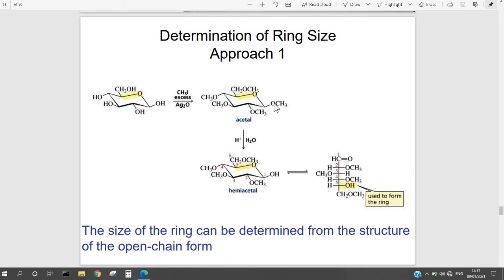The anomeric carbon containing OCH3 forms OH. Only this carbon containing OCH3 is changed. And then this OH bond is shifted over here and this bond will break and we get this open chain compound. Okay, it means we use this fifth number OH for the formation of the ring, the fifth number carbon containing OH.